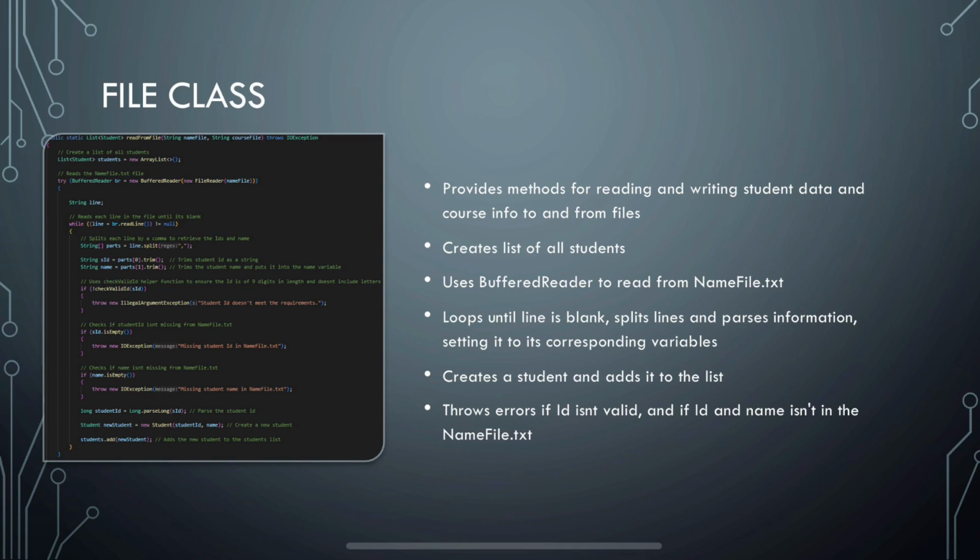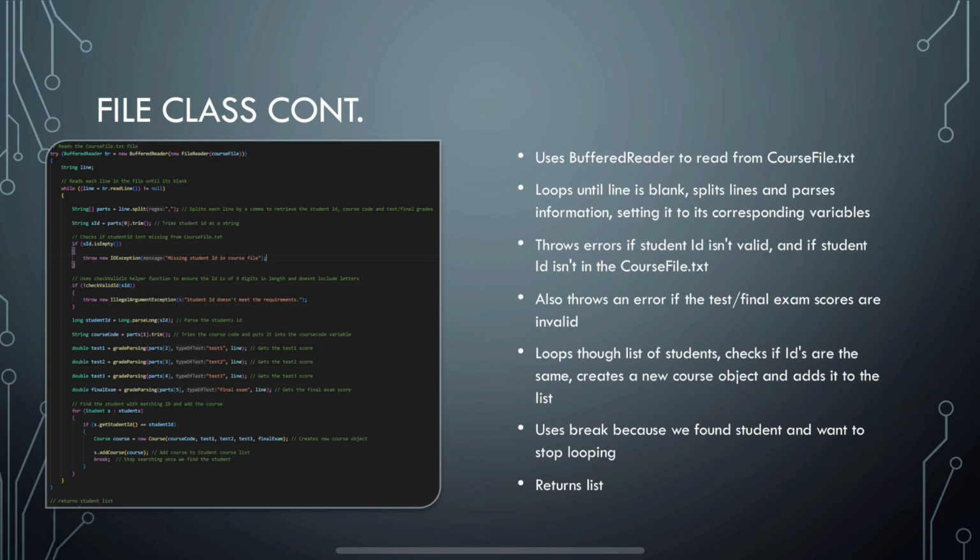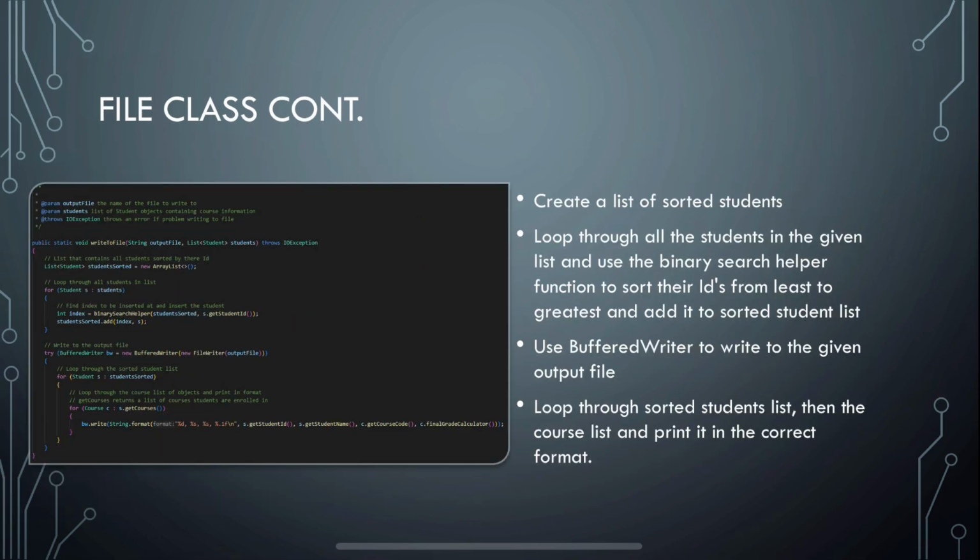Buffered reader is used to read from the name file and parses the information by setting it to its corresponding variables. It is then used again to read from the course file to create course objects and then adding those course objects to the corresponding students using their student ID. The write to file method creates a list and sorts students using the binary search helper function. It sorts using IDs from least to greatest and then adds them to the list, which will be iterated through